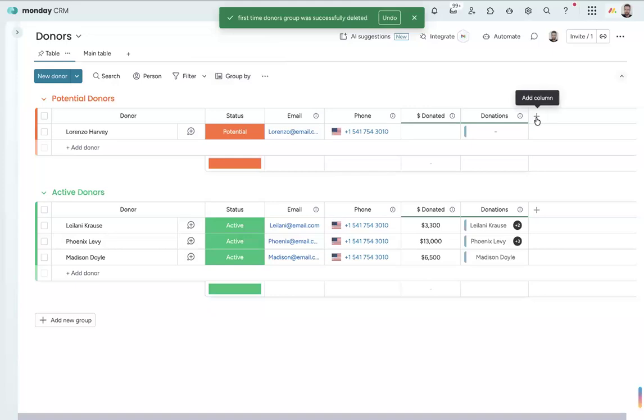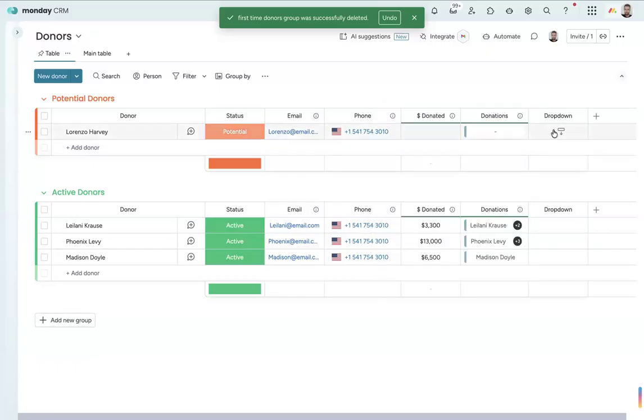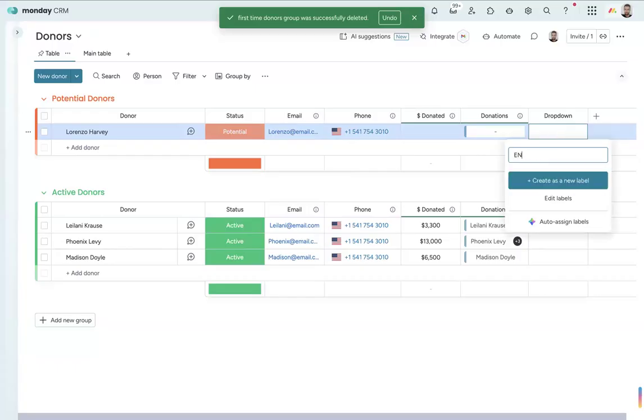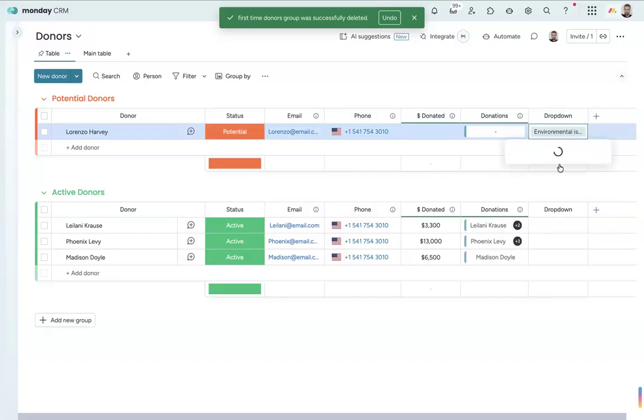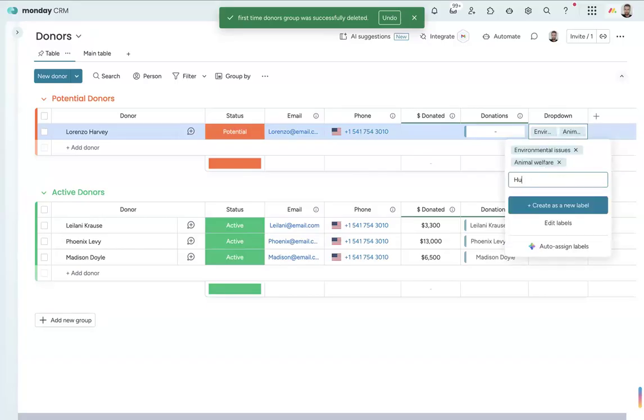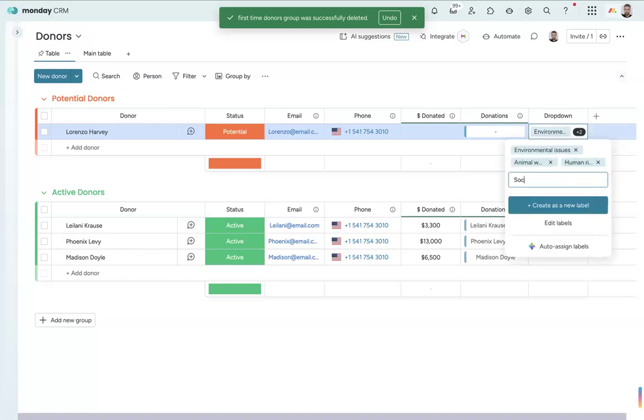So let's say, for example, I add a new column over here to the right, which is maybe a drop-down column. A drop-down column allows me to put in certain values, and then more than one of those values can apply to each item. So if we wanted to track, for example, our donors' interest areas, I can enter them in here. Environmental issues, animal welfare, human rights, and social development.